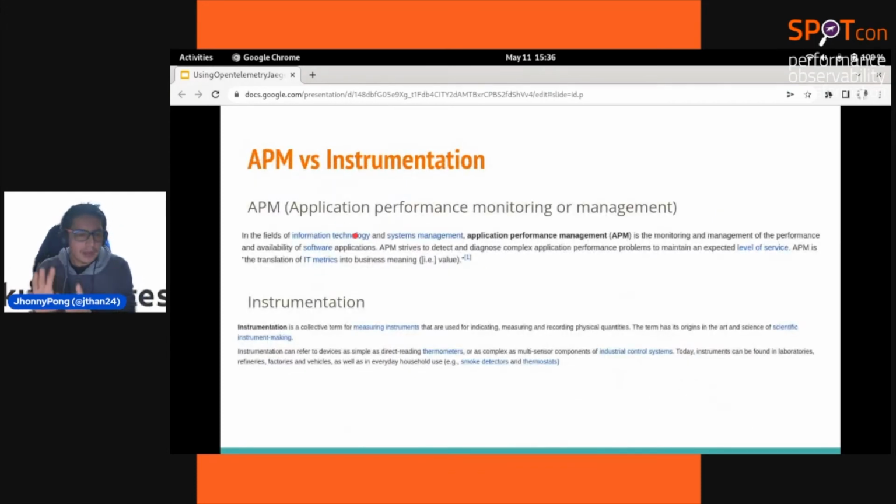Then in this part we have two parts, APM and instrumentation. APM is application performance monitoring, and what can I do in this part?